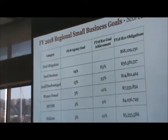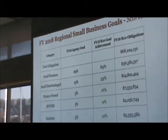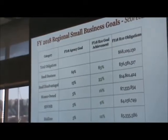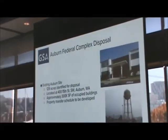Like I said, one of our primary focuses is our regional small business goals. And as you can see, we typically try to award at a minimum 70% of our projects to small businesses. This will give you a snapshot of what we were able to achieve in FY18. Our FY19 goals will probably be very similar to what you see here. One other thing I would like to mention,